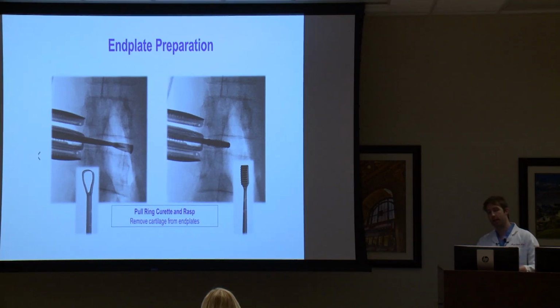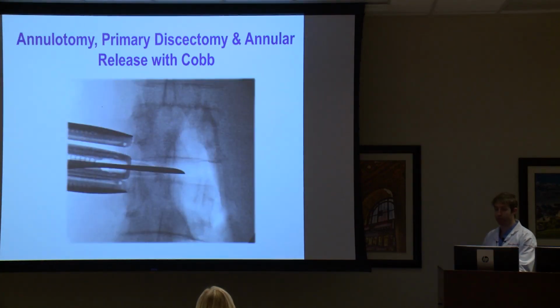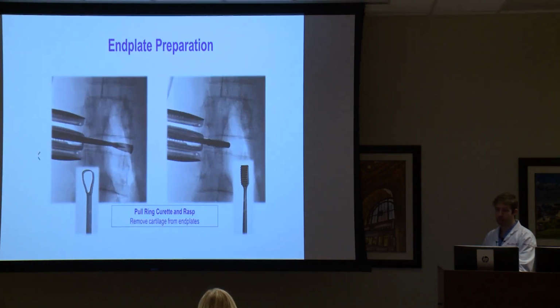Since you're safe and you've got that big open area to get all that disc out, you can see how much easier and how quickly you can do a discectomy without worrying about those nerves that are in the way, like when we go from the back. That's a really huge benefit, and you can get a lot of disc out in a short amount of time. And you prep those end plates, those two bony surfaces, for fusion,